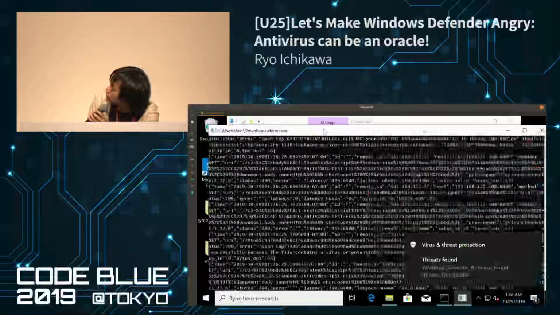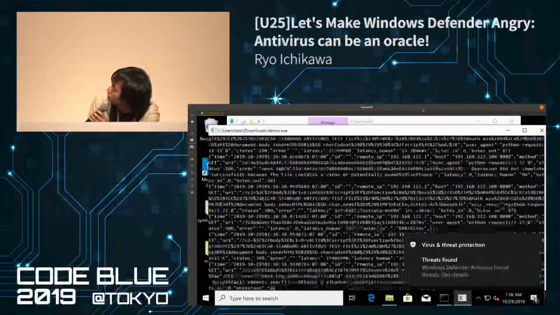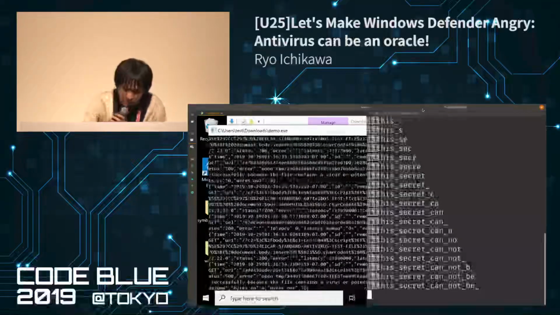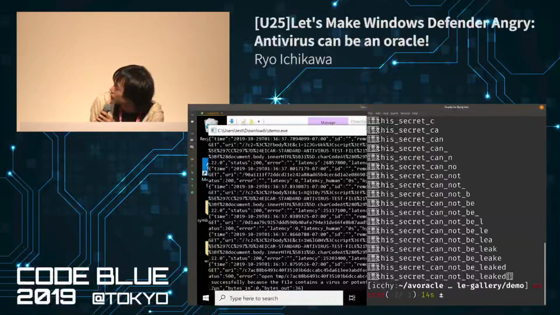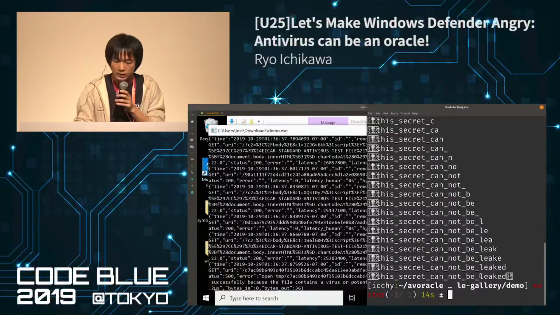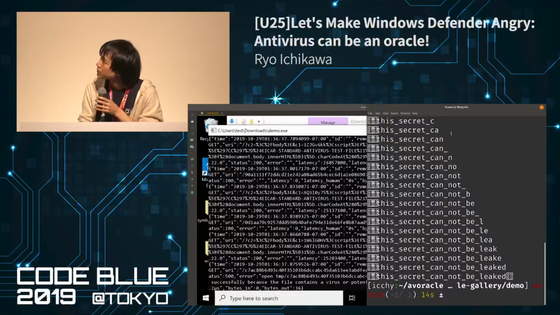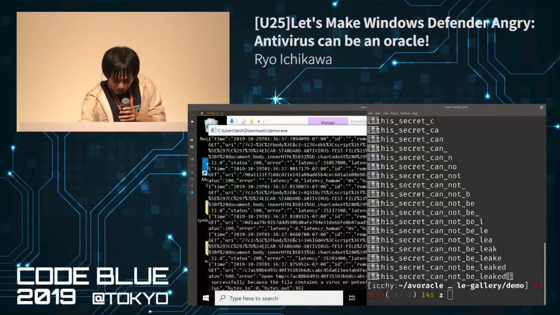It is just iterating again and again, and some Acre signature is detected, and after repetition, this secret can be leaked, which is stored in the secret part, which cannot be seen by the user. Okay, so back to the slides.